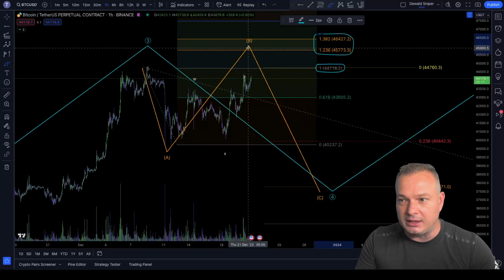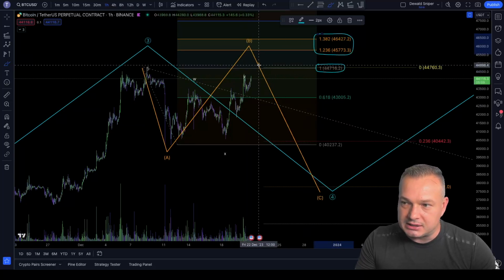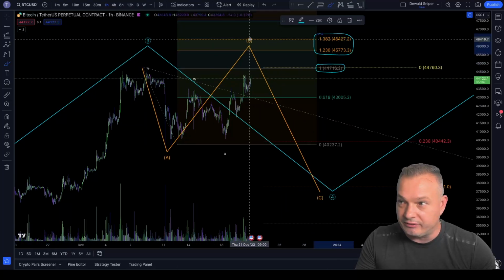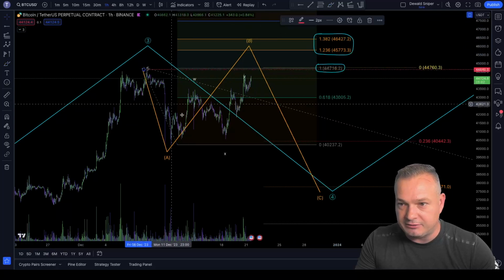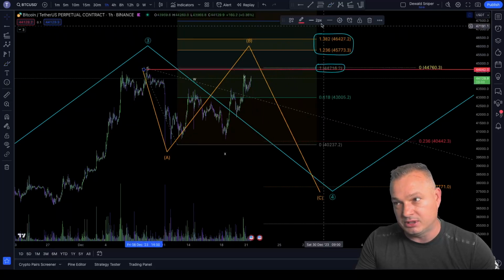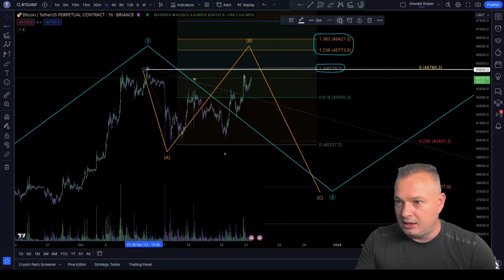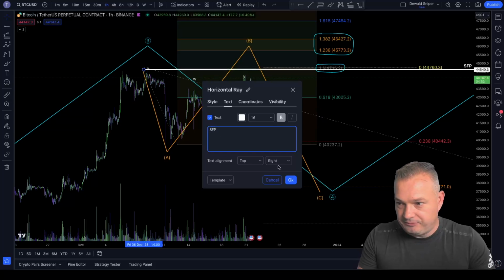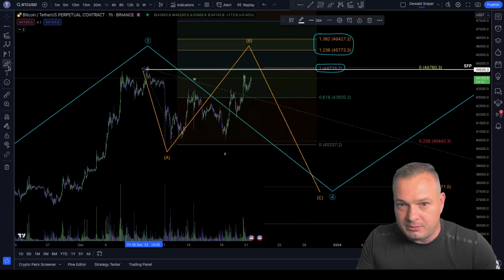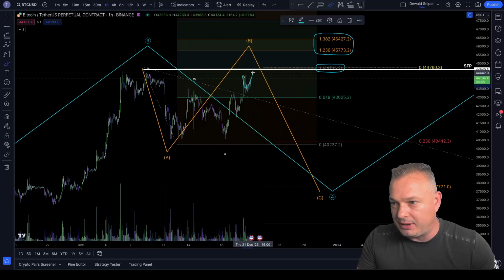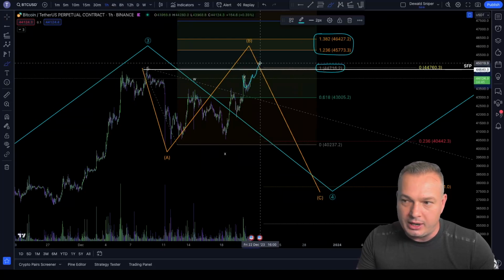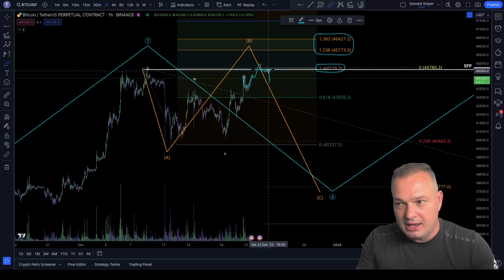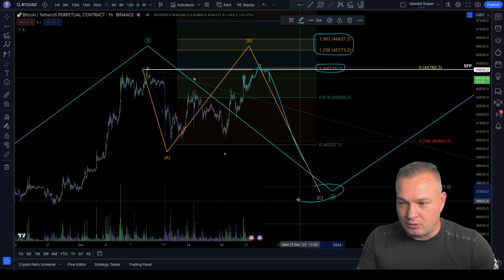Okay, so could it be that we are going to climb up here slowly and perhaps SFP from this high over here? So very important, please go and put your SFP levels in there. I like to make them a little bit solid, change them to white, and write in there SFP. Okay. And what I mean by that is when we get up here and you see us breaking through but losing momentum and getting acceptance back below this level, that is your ticket to short